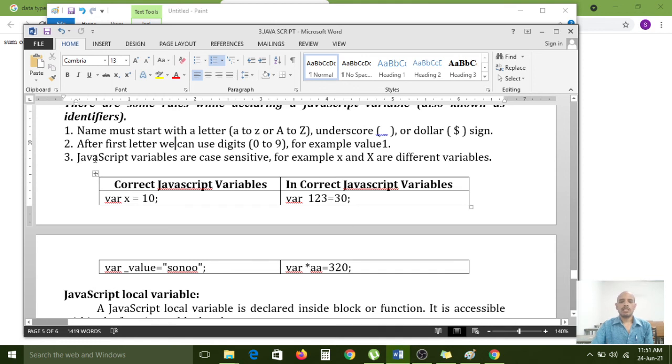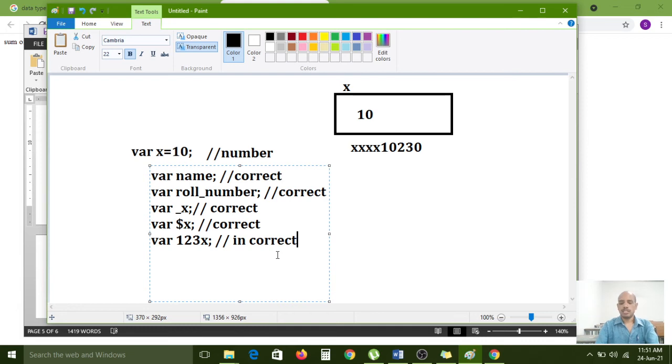After the first letter, we can give digits also, no problem. While creating the variable, first you can start with only an alphabet, dollar symbol or underscore symbol, like x. After that, if you want to add numbers, you can use that combination and it will work. That is also correct syntax.